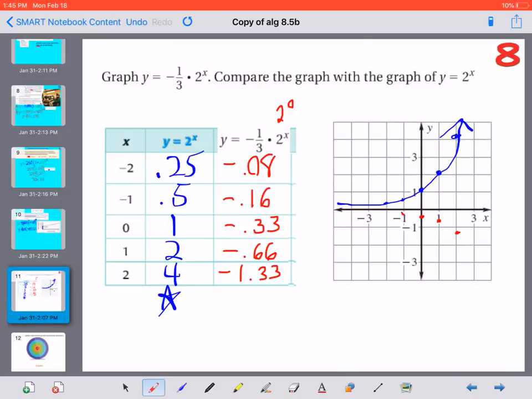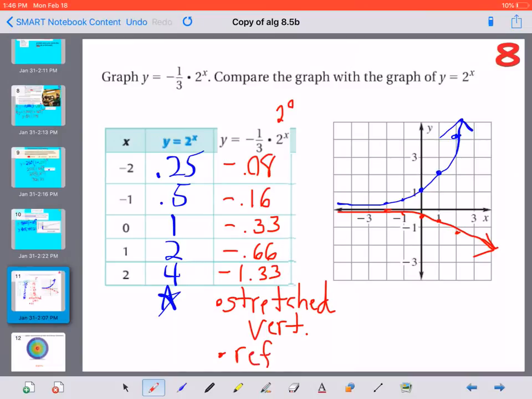And we're getting even smaller for the negatives. So this is stretched vertically because we are moving it away from our original. And it's also a reflection because this one is a decay function instead of a